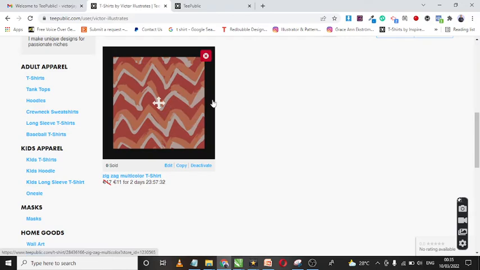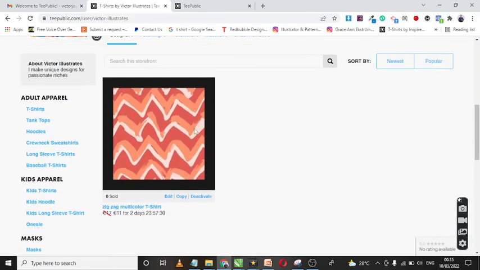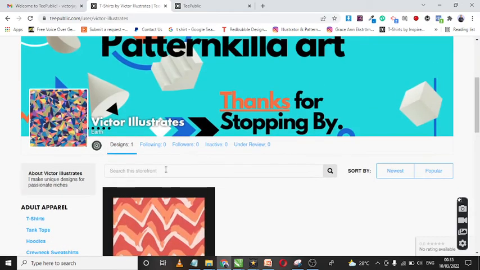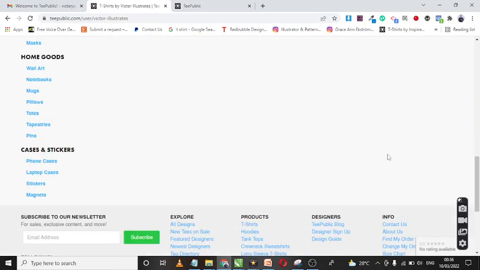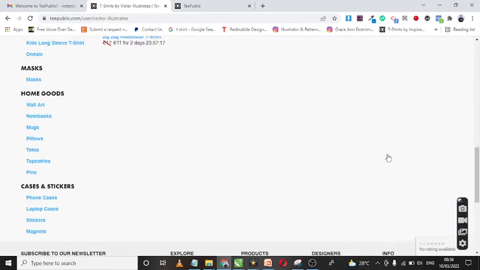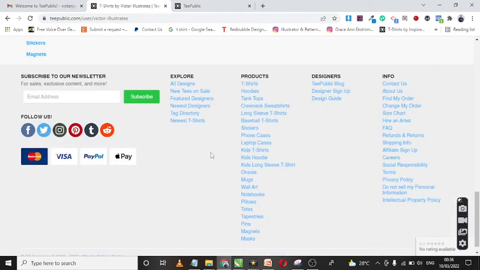So you want to add at least 10 unique designs on your store. Ensure you also add the social media link like we did, add your profile picture, add your cover picture, and add a brief description about your store. And for your designs to show up in the marketplace, you're expected to message Teepublic, and how you go about doing that is actually come into this footer section and click on contact us